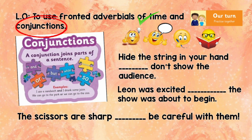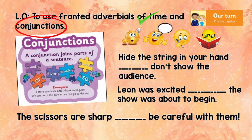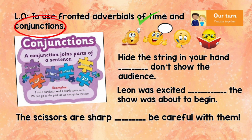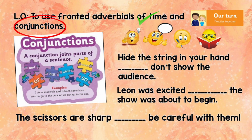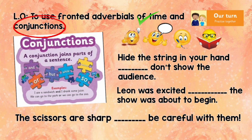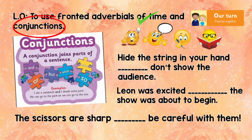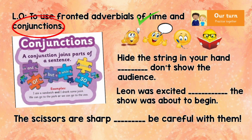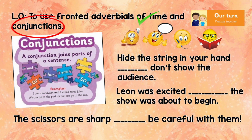Conjunctions join parts or clauses of a sentence together. And I don't need to tell you too much about them because I know how brilliant you are at using them at school all the time. So let's just have a little practice together. I've written 3 sentences there. Why don't you press pause and see if you can think of appropriate conjunctions that could link the ideas together